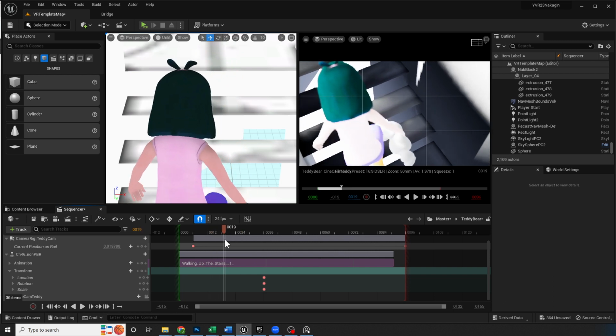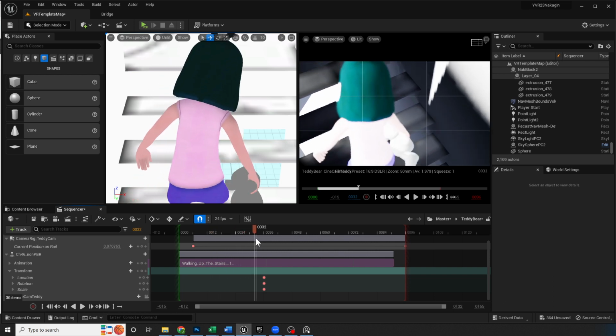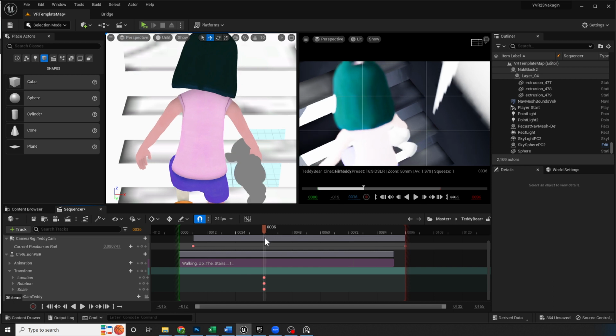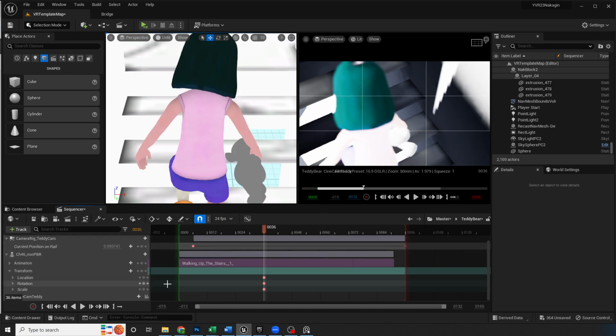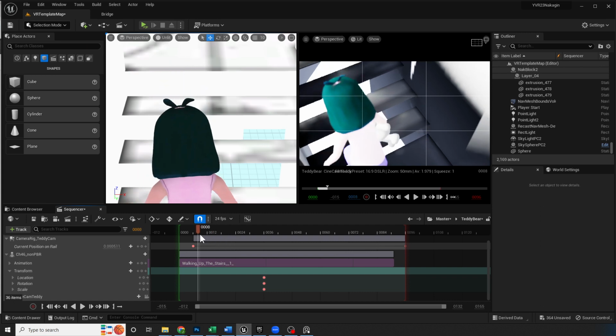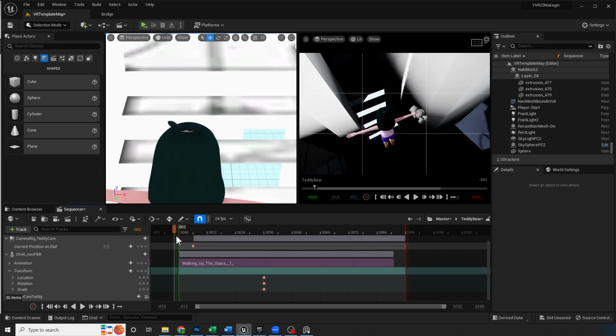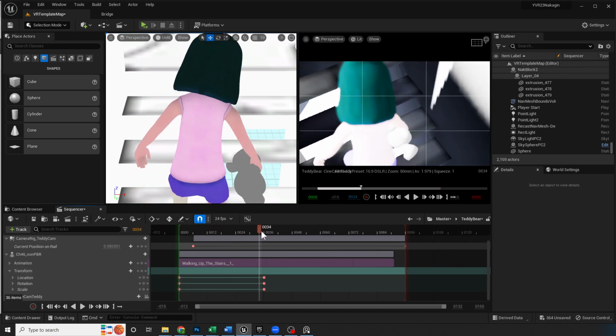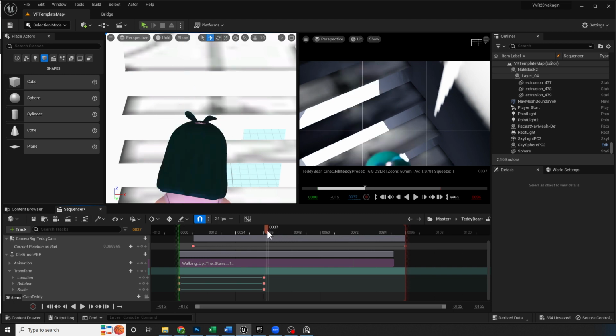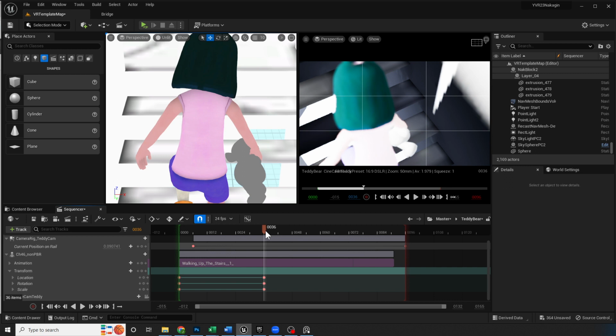Okay, and then the other way of fixing it is I just have to change her transform. At each point, she does this little transition, right? So I can set the transform there. So she climbs up. So let's